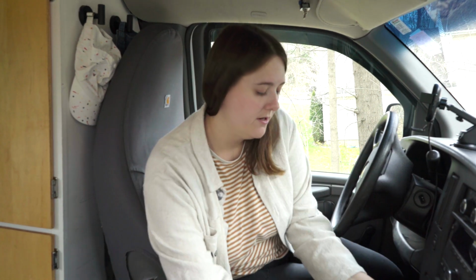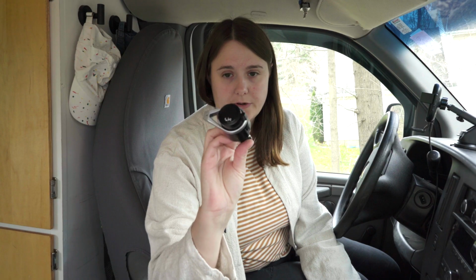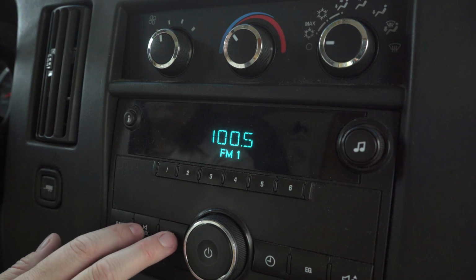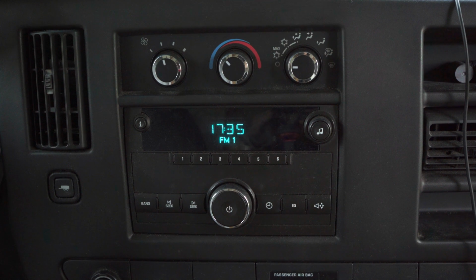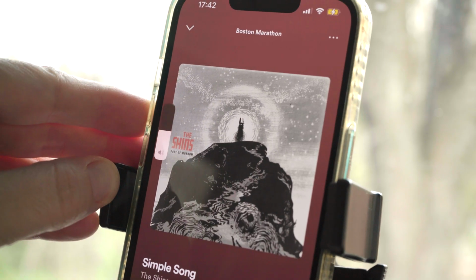One of the first things that I did when I got this van was get this little Bluetooth cigarette lighter radio transmitter so that I could listen to Spotify and stuff on my phone while in the car. Because this is really a work van, it doesn't exactly come with all of the interior amenities that your typical passenger car would have. And for a while that totally worked well enough, but over time it has seemingly gotten